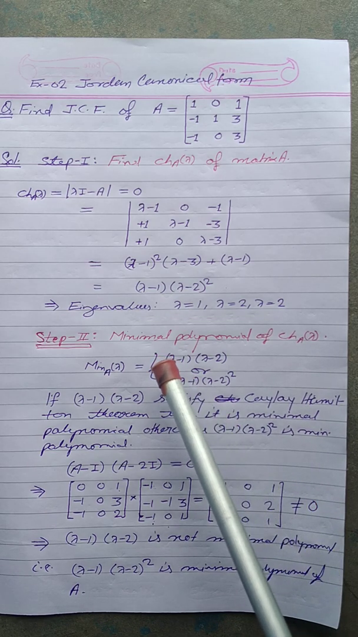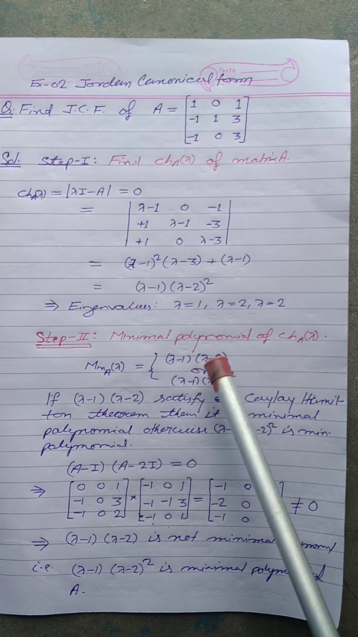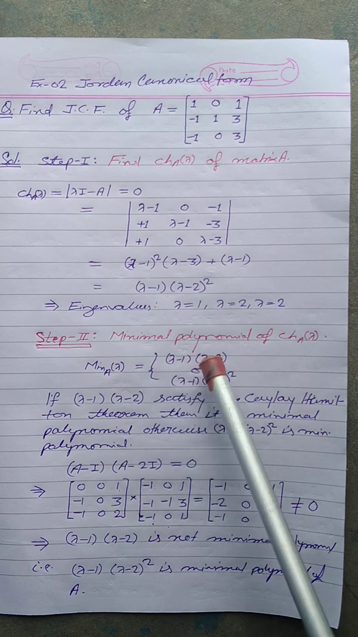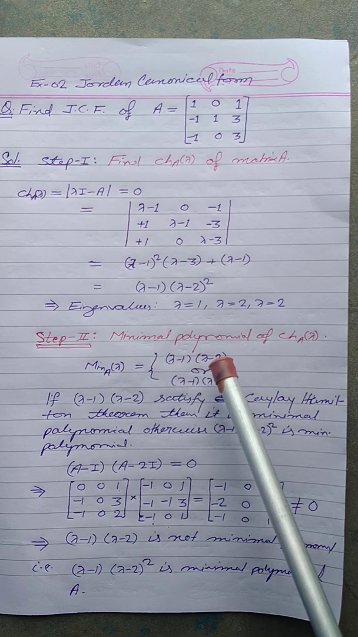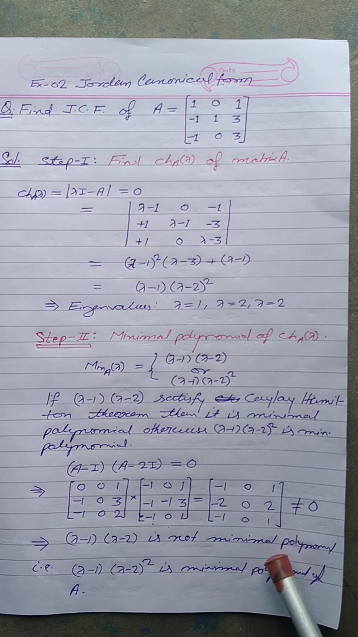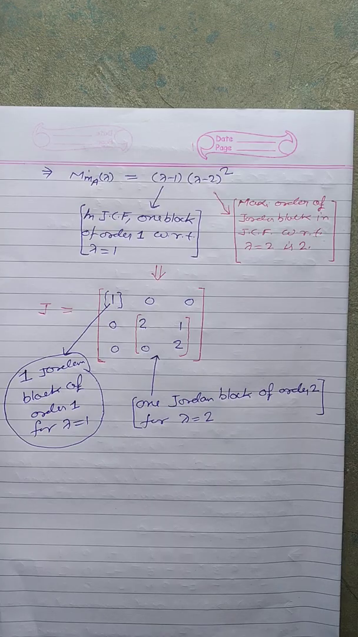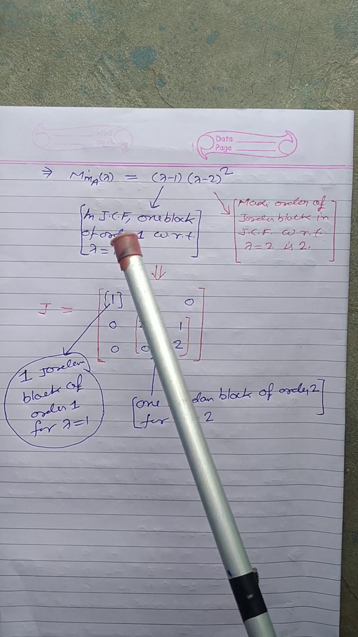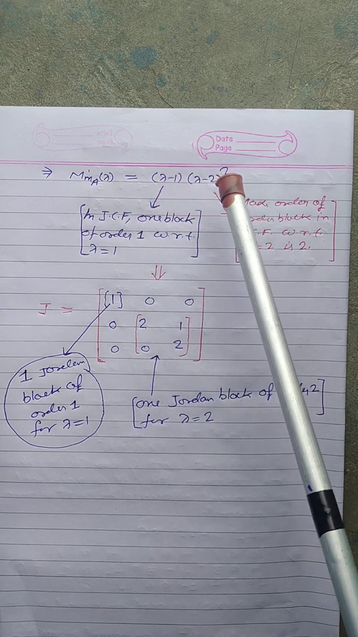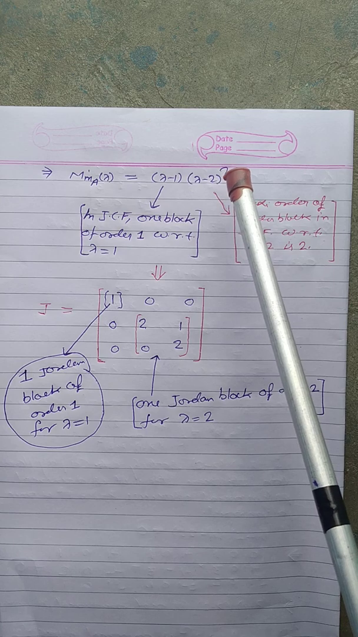So the first polynomial does not satisfy the Cayley-Hamilton theorem. It means the first polynomial is not the minimal polynomial. That is, the second polynomial is the minimal polynomial of this matrix. Okay friends, the minimal polynomial is lambda minus 1 times lambda minus 2 to the power 2, and we know that